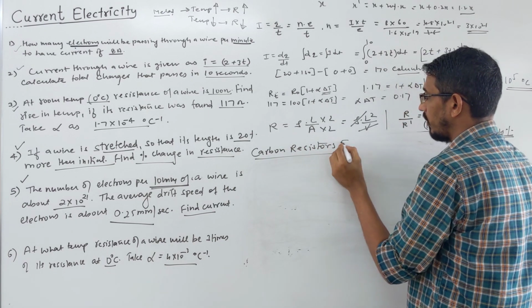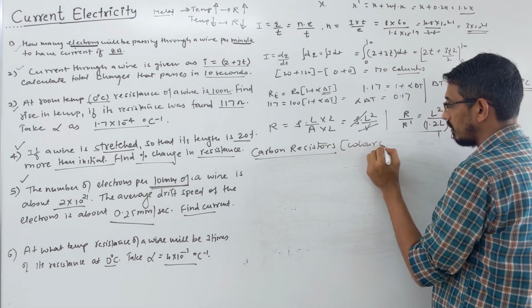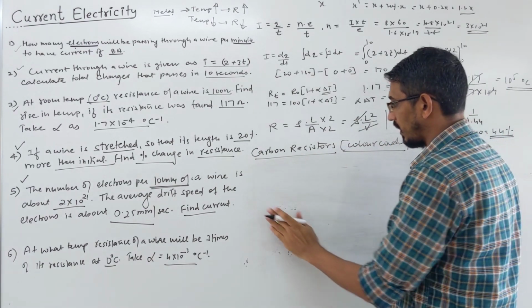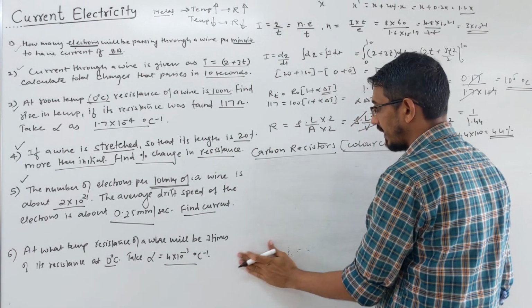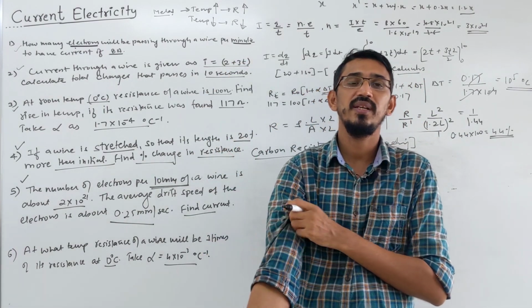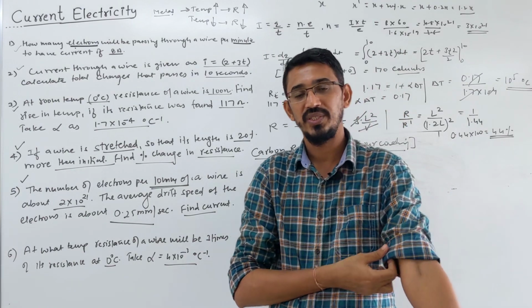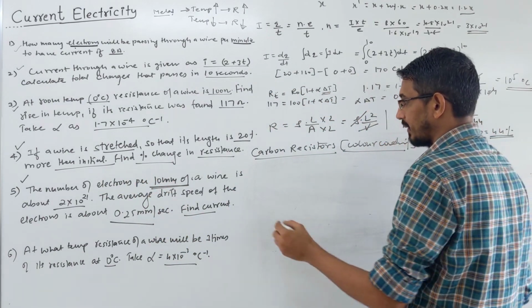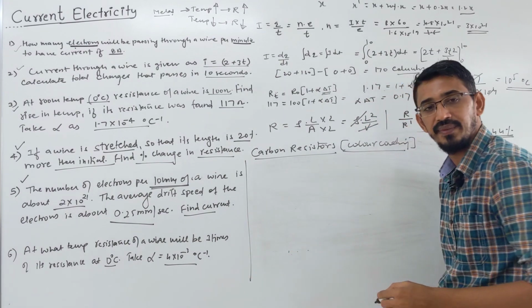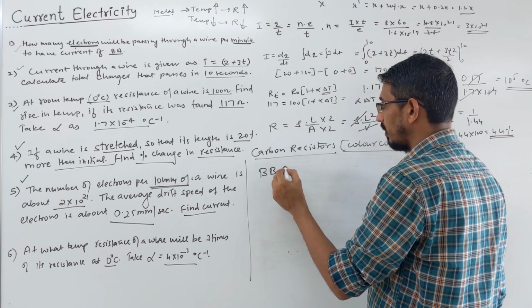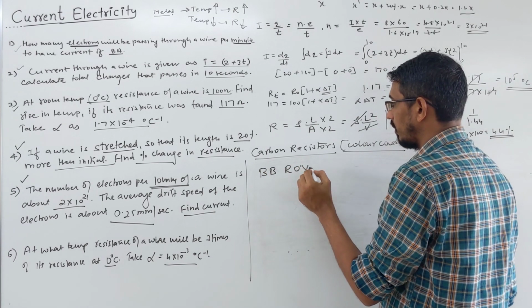Also called color coding, right? The resistors that we buy from the market are packed inside a packing and have some color strips on them. Using these color strips we can identify the resistance of that resistor, right? There is already a trick to remember that, which all of you know, called BB Roy